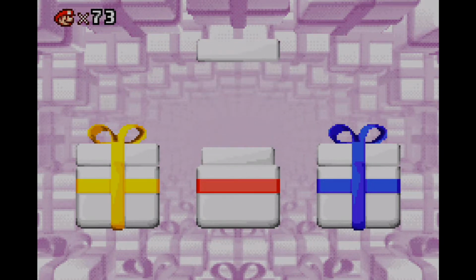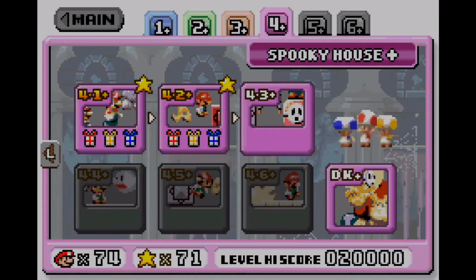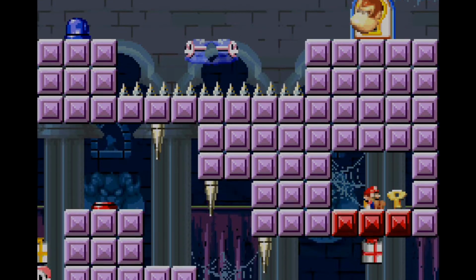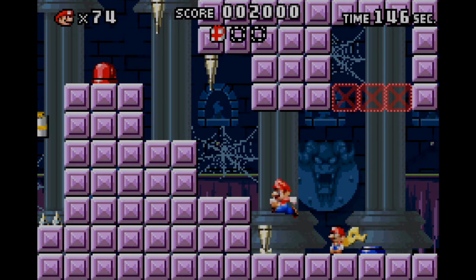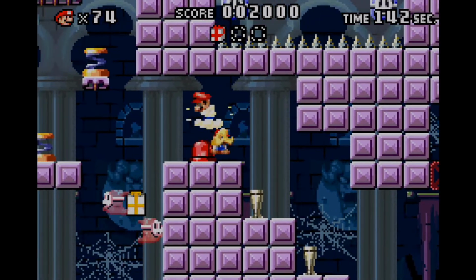Oh, so close to getting 5 1-ups, but oh well, no big deal, not the end of the world. And we're still going back to 74 extra lives already, so... Alright, so here we go with level 4-3 plus, so, yeah, you have to watch out for those little dangers from the top, so...